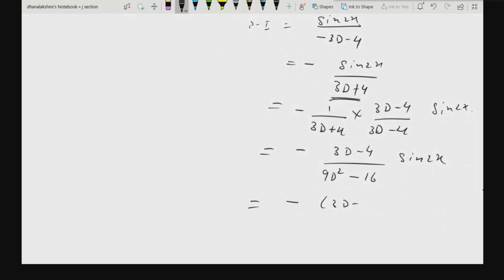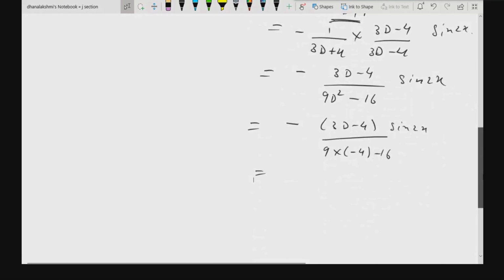So this 3D minus 4 as it is, sine 2x as it is. In the denominator, you will get 9 into, with a minus 4, you will get minus 16. So on solving this, you will have some constant, with the minus sign you will have, and overall this will become plus. So some constant you will have here. What will be the constant on solving this one? Minus 52. Minus 52, and this 52 with the minus sign will be cancelled. You will have 52 itself.